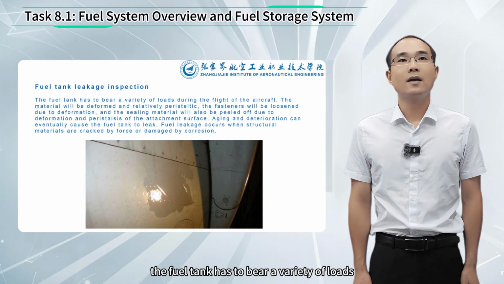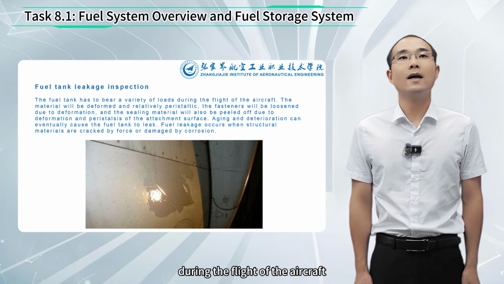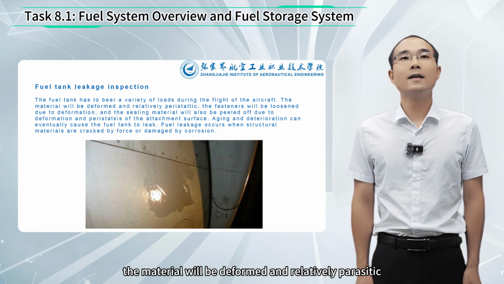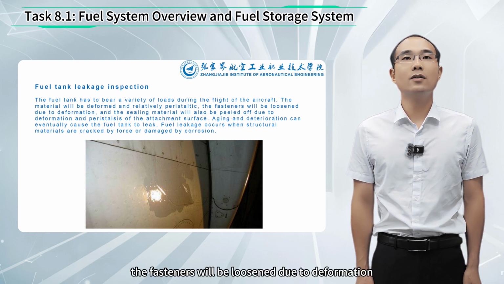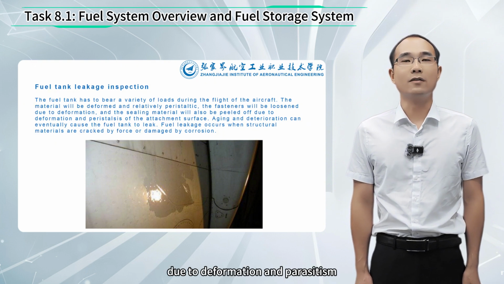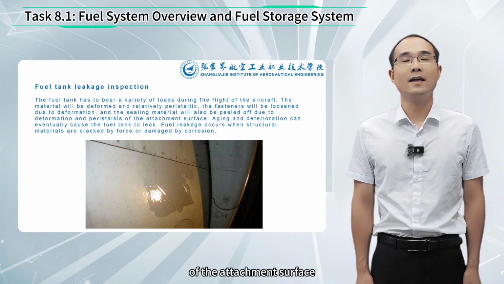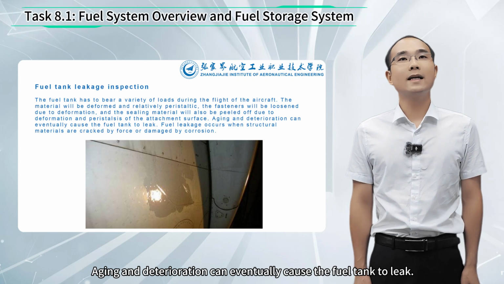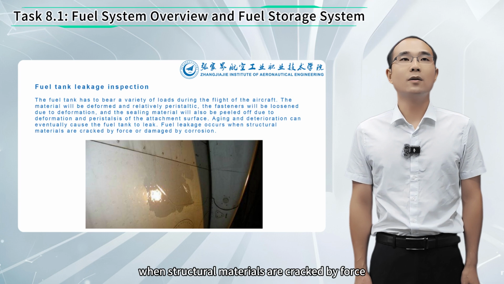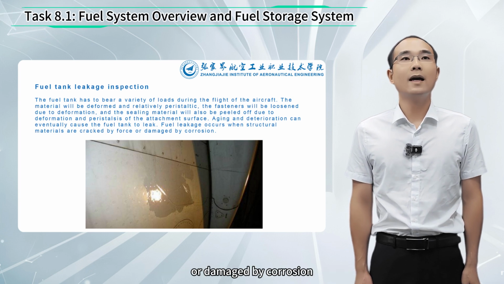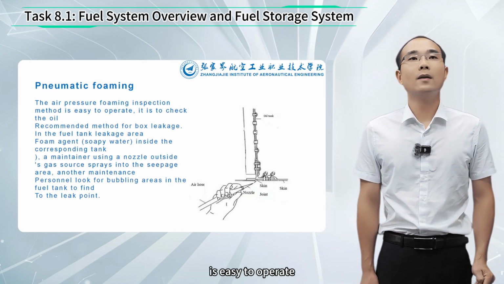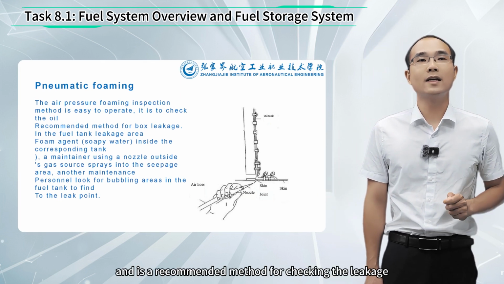The fuel tank has to bear a variety of loads during the flight of the aircraft. The material will be deformed and relatively peristaltic. The fasteners will be loosened due to deformation, and the sealing material will also be peeled off due to deformation and peristalsis of the attachment surface. Aging and deterioration can eventually cause the fuel tank to leak when structural materials are cracked by force or damaged by corrosion. The pneumatic foam inspection method is easy to operate and is a recommended method for checking the leakage